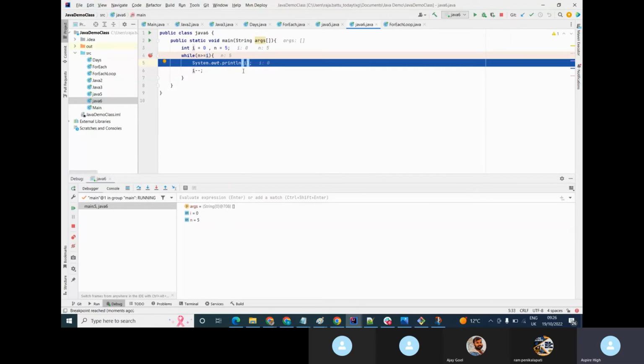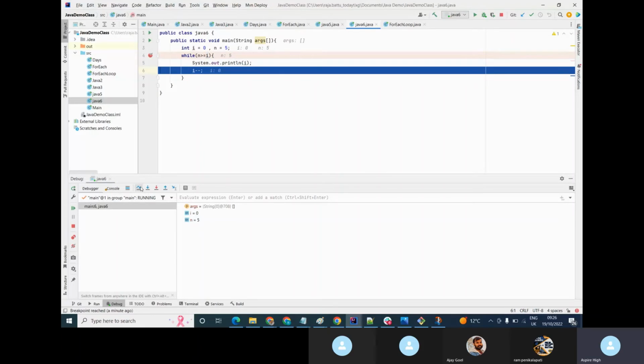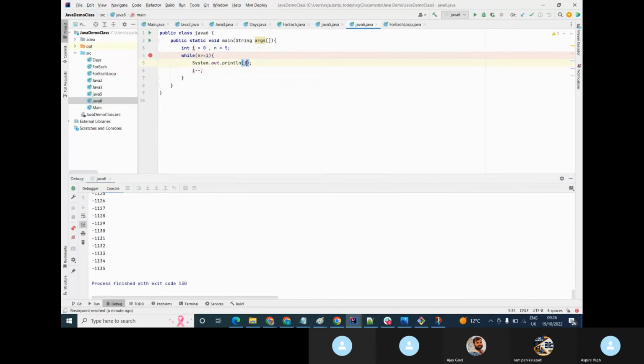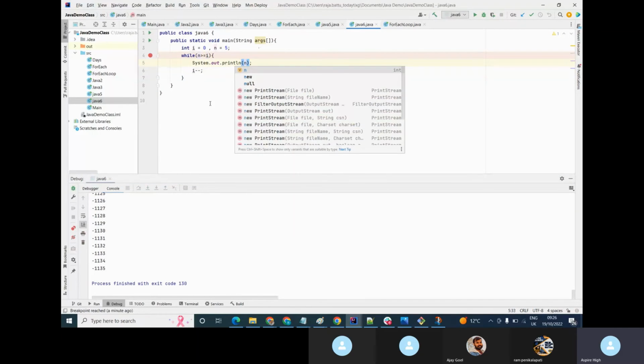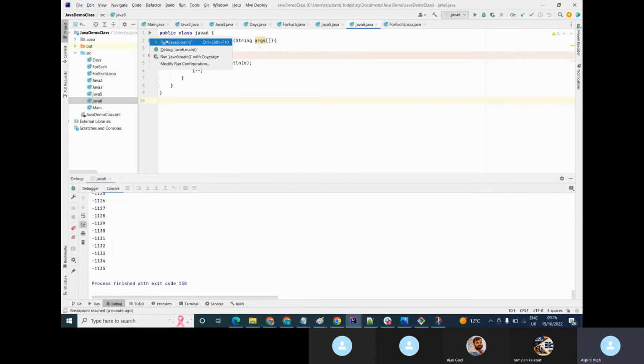Now if we see, i is 0, then it is coming i minus minus. 0 minus minus becomes minus 1. So it will be negative values, right? That's why it is printing all the negative values instead of positive values. Now if you print n,